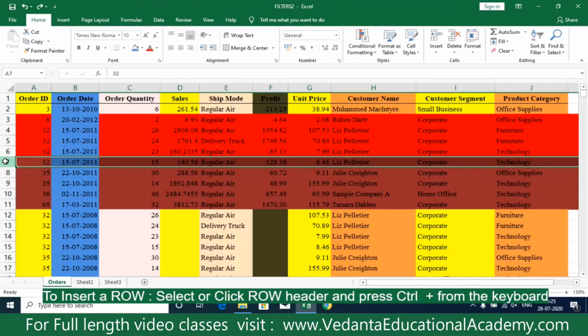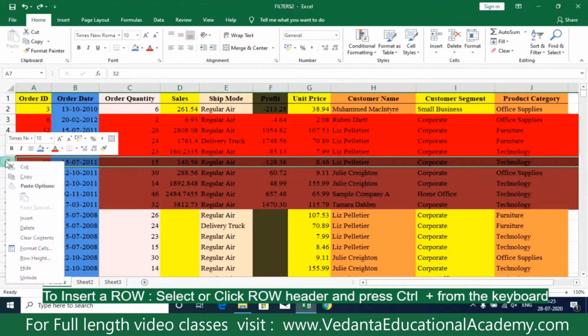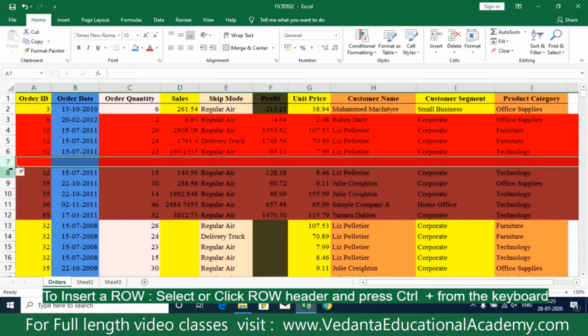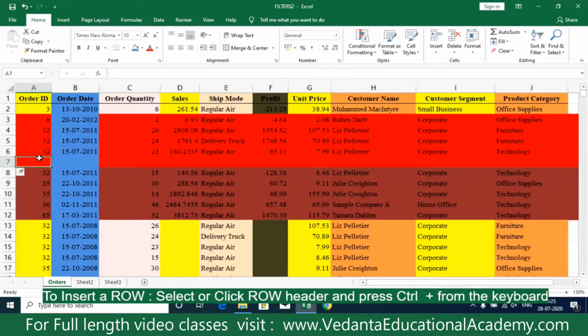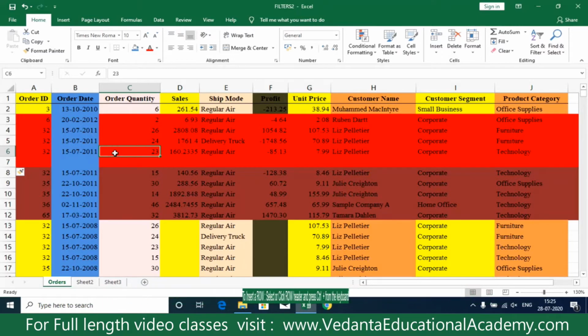And next, if you want to insert a single row wherever you like, for example, if you want to add a row at 7th, you right click on 7th, then click on insert. The 7th data will be moved to 8th, and the 6th row format, whatever format and color is there, will come to +1, that is 7. I repeat once again,